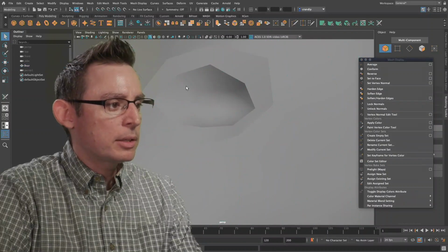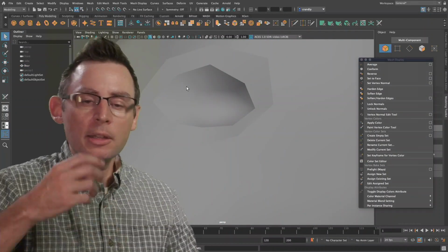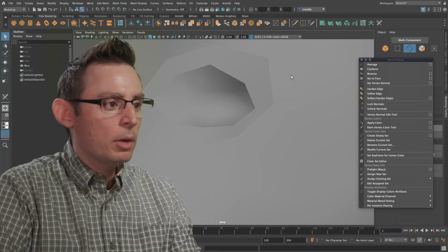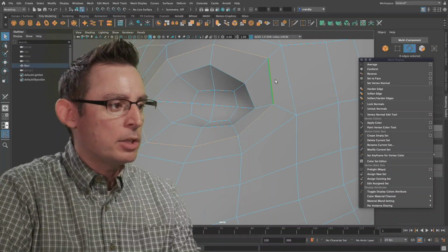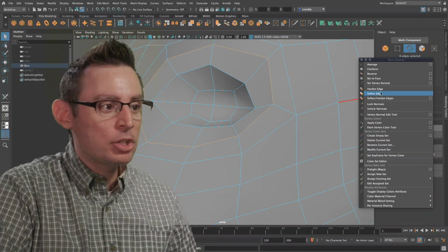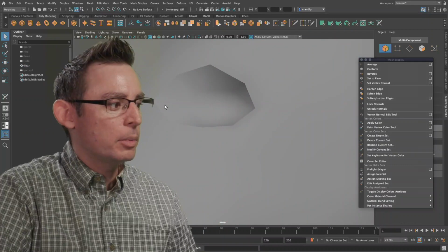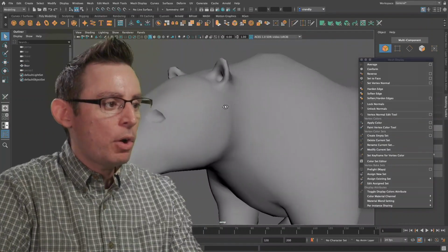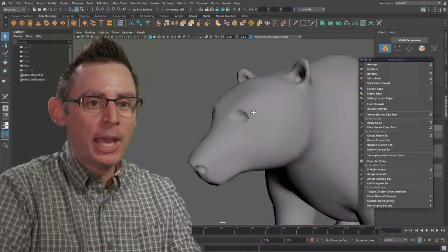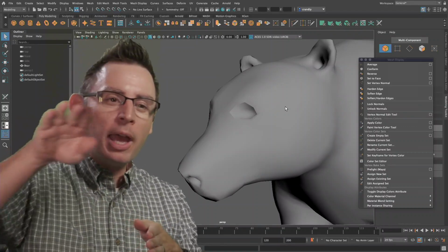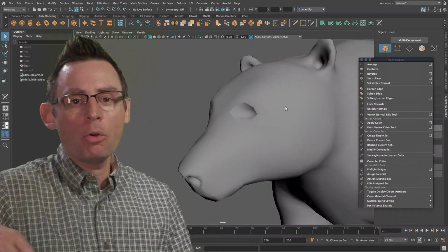And if we were to deselect the geometry, now we can really start to see the orbit of the eye. If we wanted to fix this mistake that I made earlier, we can just simply go back in, double click on that edge loop that we accidentally tagged, and choose Soften Edge, and now that problem has been resolved. And there we go. Pretty neat. So the hard and soft edge tag is going to help the smoothing engine determine how it's going to have the light transition across all of these polygons.